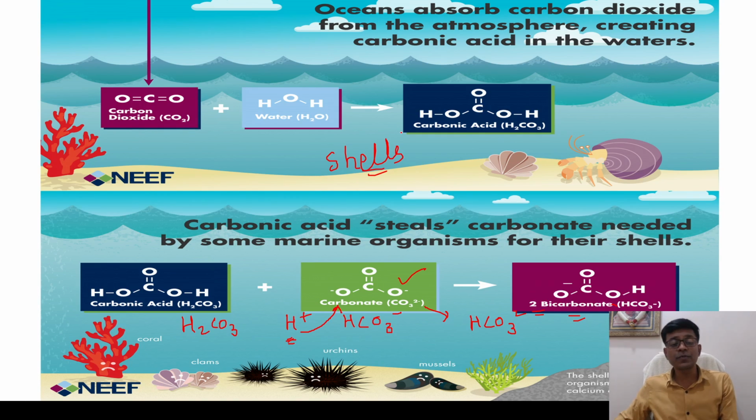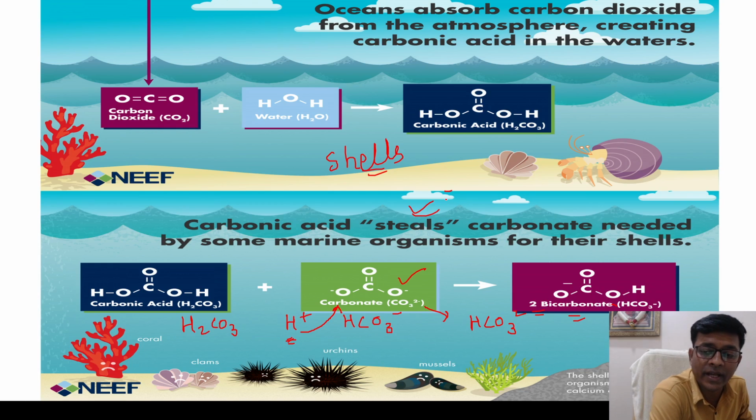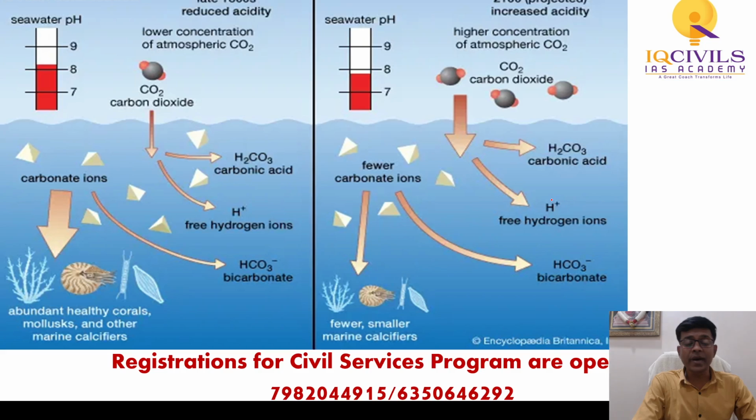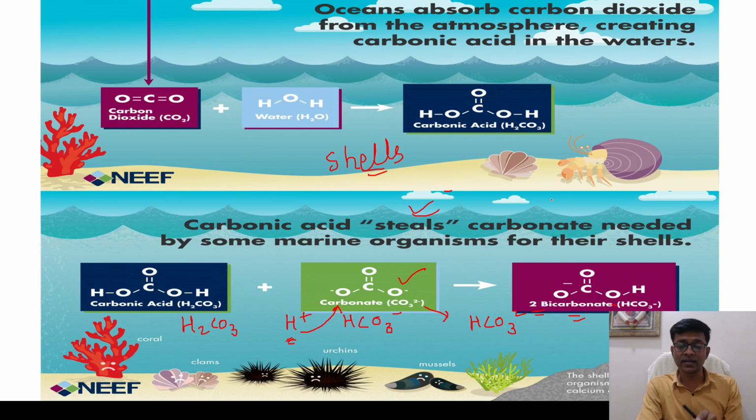Because this H positive ion will steal carbonate. This H positive ion will steal carbonate needed by some marine organisms for their shells. Clear? So there are two impacts of ocean acidification. One impact is decrease in pH, that is increase in ocean acidity, and second, because of the increased ocean acidity,